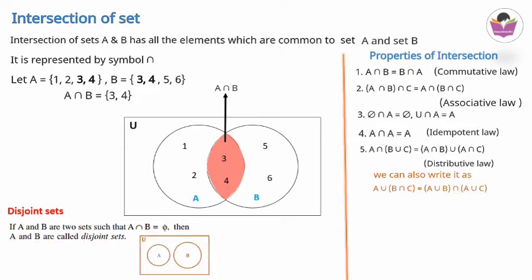How do we represent disjoint sets? Simply like this, since there will be no common element, these two circles will not touch. There will be one A and one B, but this A and B will not touch because there is no common portion. And this is the universal set, which is represented by a rectangle. So this is a way of representing disjoint sets. And where there is an intersection, we represent it using circles like this, and this is the common portion representing A intersection B.